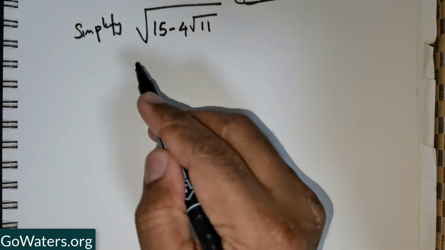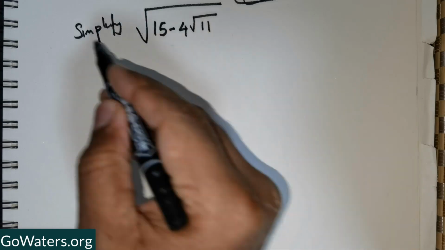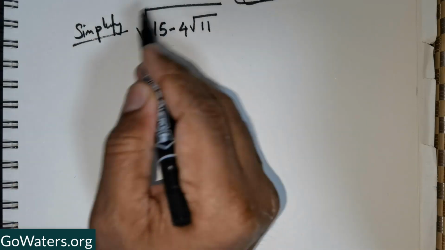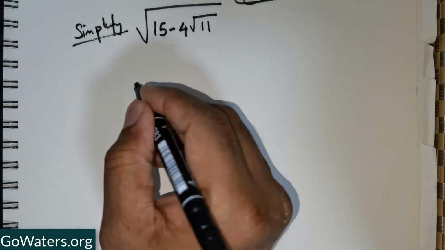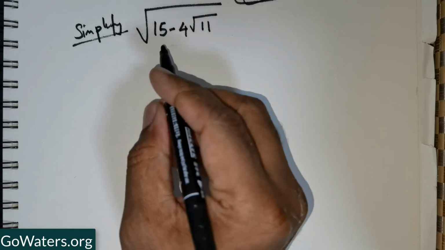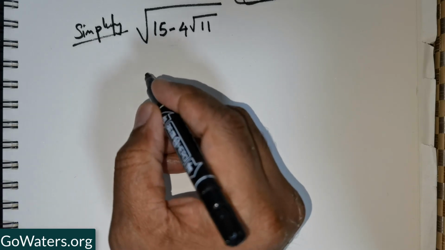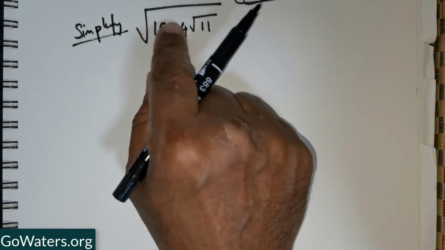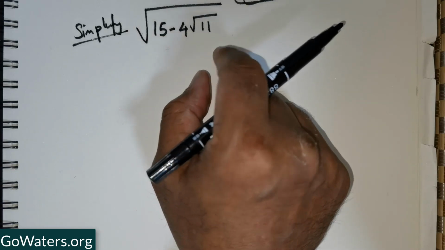Good day, everybody. We've been given this question: square root of 15 minus 4 times root of 11. We are expected to simplify this expression. You can pause the video and attempt this question and find out if your answer agrees with the answer that is being explained here. Okay, so having mentioned that, the idea is